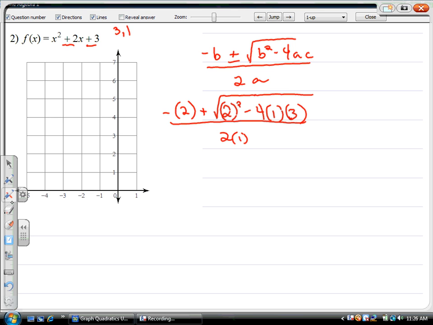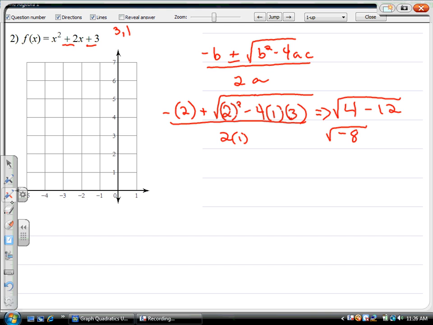Okay, well, inside here, 2 squared is 4, minus 4 times 1 is 4, times 3 is 12. Square root of 4 minus 12 is negative 8. Right, and right now we can stop. We can stop this problem because our quadratic formula will not help us, because the square root of negative 8